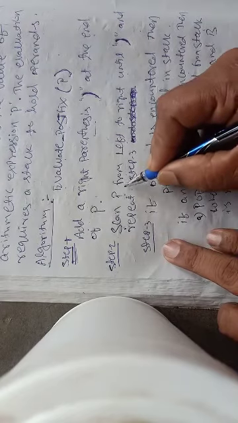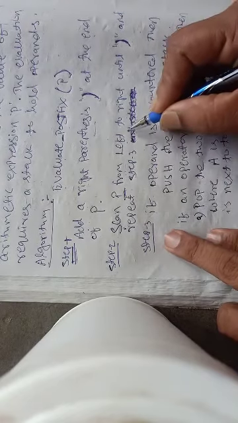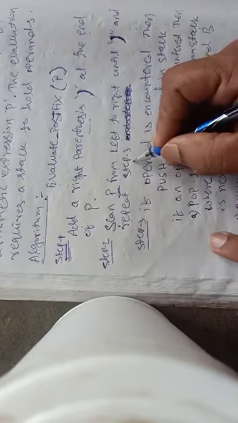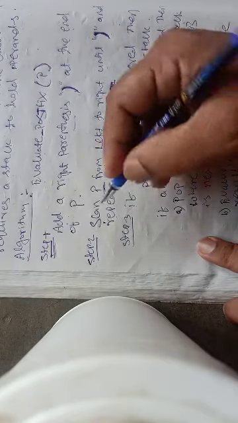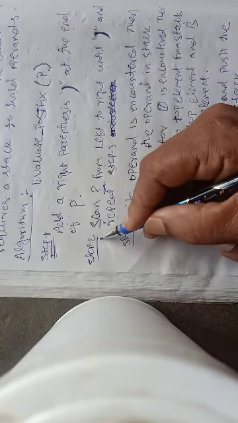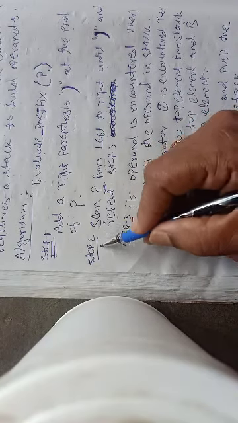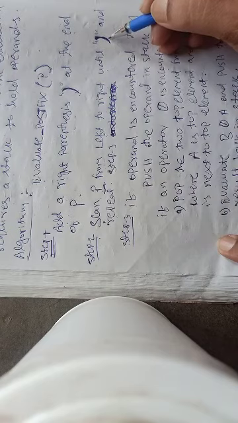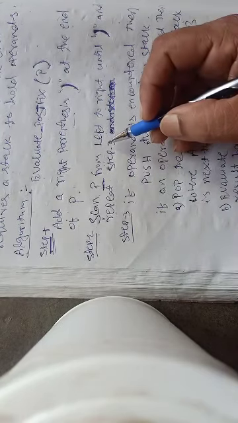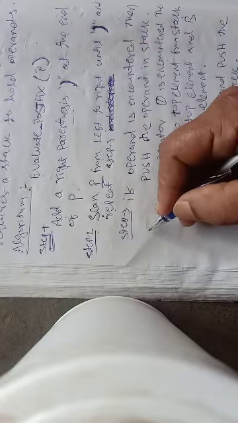So scan the postfix expression from left to right until a right parenthesis is encountered, and repeat step 3. Once you scan a symbol, you should repeat step 3. After completion of step 3, again step 2 will follow, again there will be scanning. You can assume this is a loop statement which says as long as a right parenthesis is not encountered, keep scanning and repeat step 3.